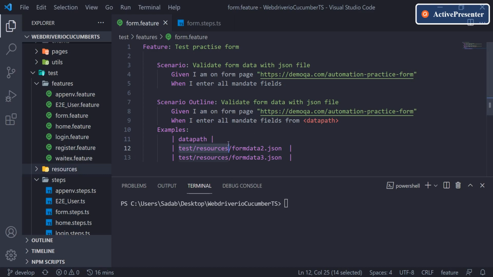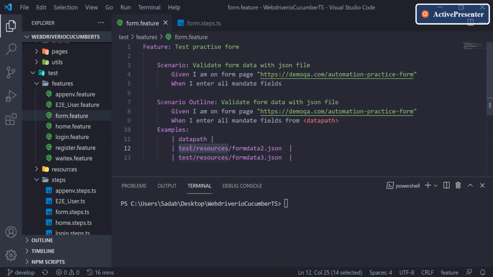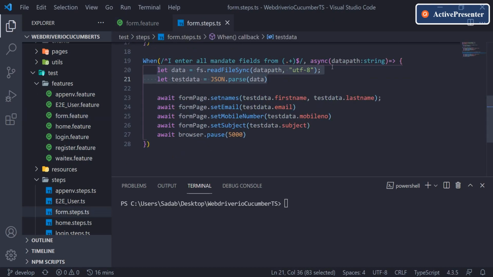As of now I have only one feature file, but when you're working in real time and have such scenarios where you need to pass this data, you'd need to write it in multiple places. Rather than that, let's keep it in one place and read it from there. Another change: whatever we pass from here as a path comes as a string, so we read that using read file and then pass the data. This is not related to the actual test we are doing; it is just a conversion of the file we are passing.